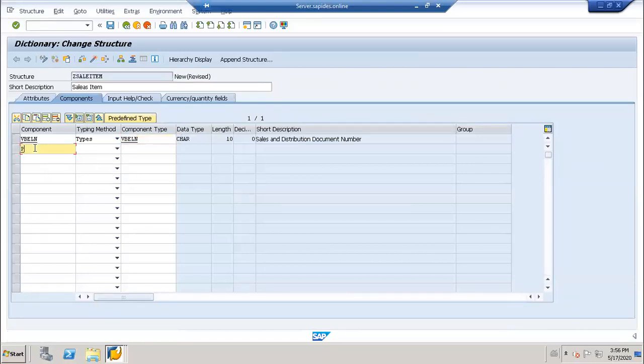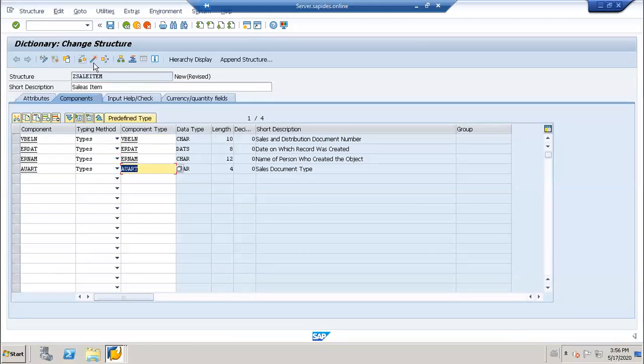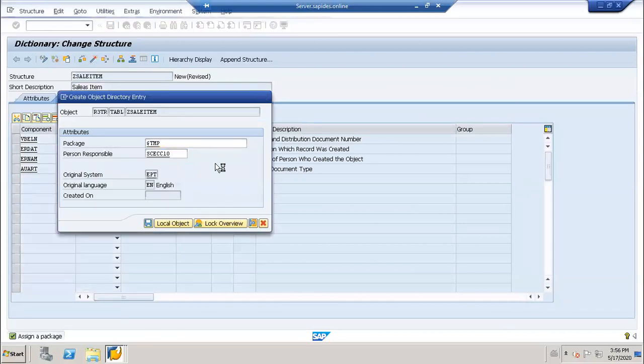Then I will take ERDAT, and then ERNAM. Then I'm taking AUART. Just let me take these four fields only. And then I just activate them.